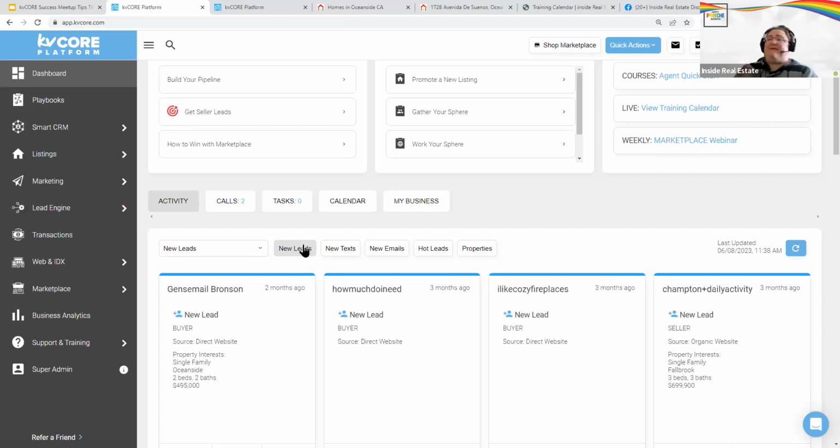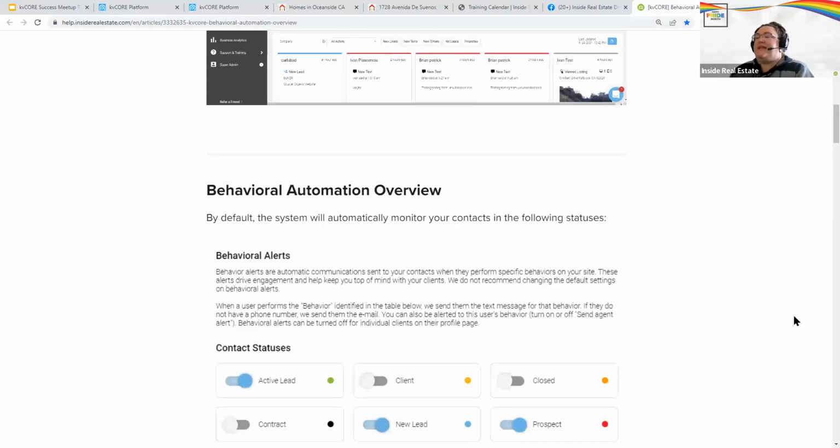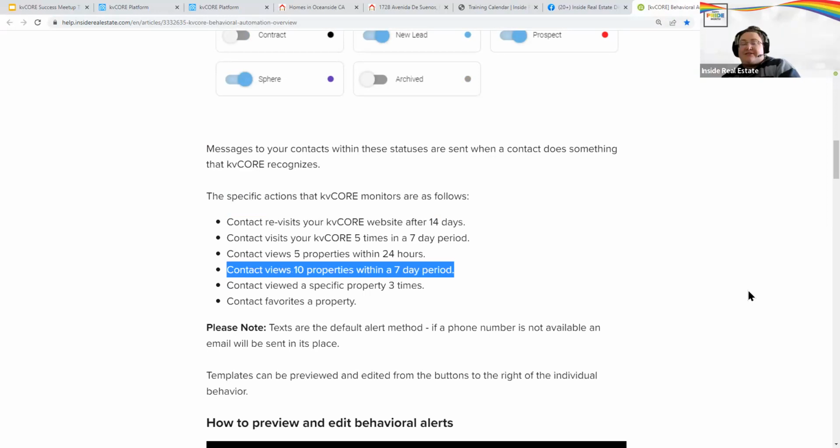Go get more leads, go get more people to talk to, then sit there and kind of count. So behavioral automation is where we tell you, okay, this person has been kind of browsing. Now they're doing something hot, right? Now they are coming back to your website after 14 days. Now they are viewing 5 properties in a day. Now they've viewed 10 properties this week. So we alert you to that behavior and we reach out to them while they're thinking about you and real